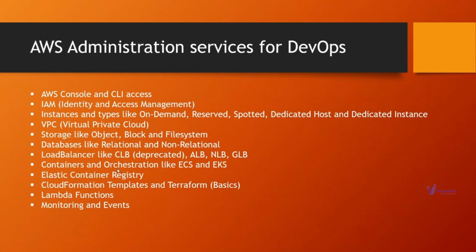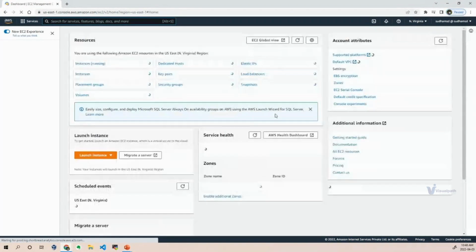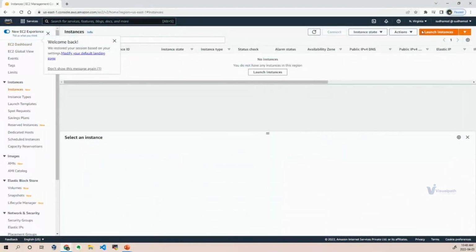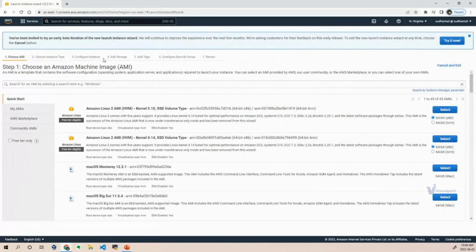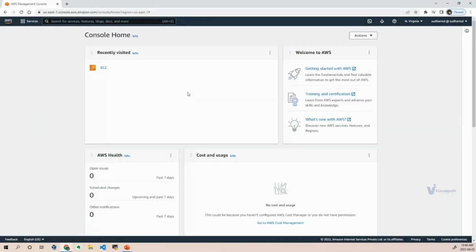Because let's say if I try to create something, for example, I have to log into this particular dashboard and go to this particular service. I have to click on this thing, go to launch instance, and follow these 7 steps to create a virtual machine. I cannot do that all the time, right? I cannot remember all these things in real time. It is not possible for me,